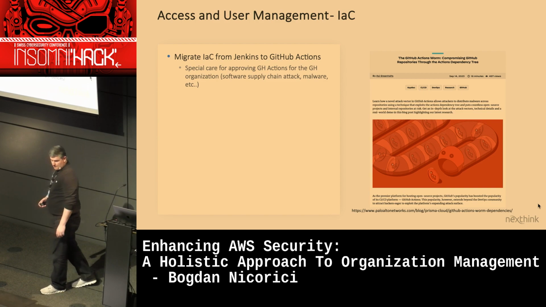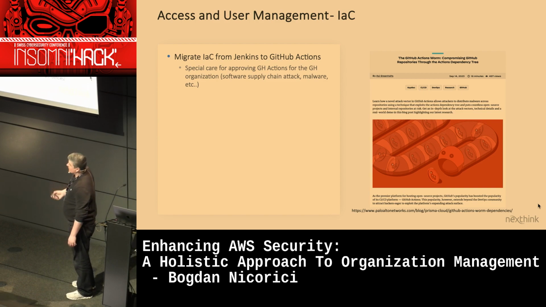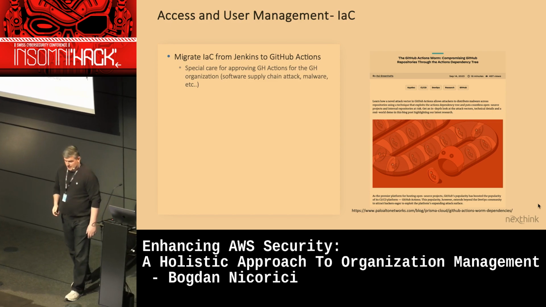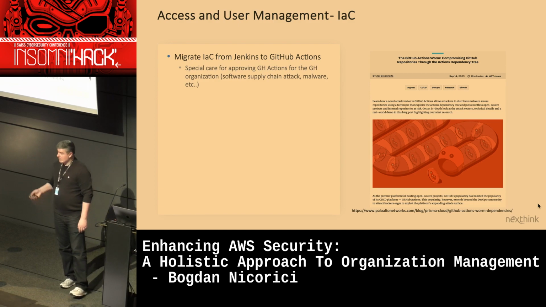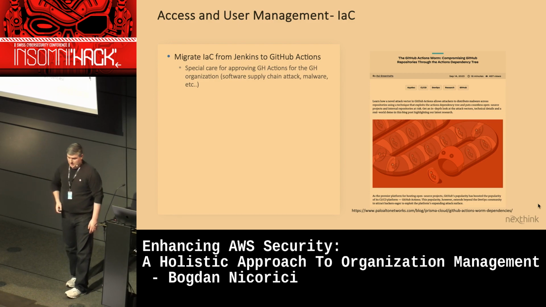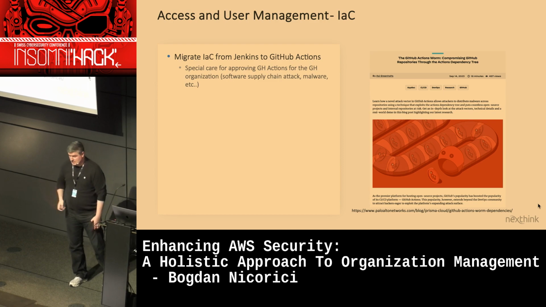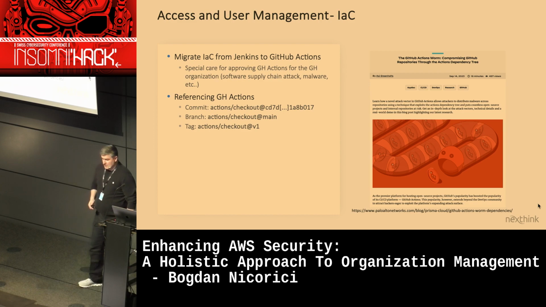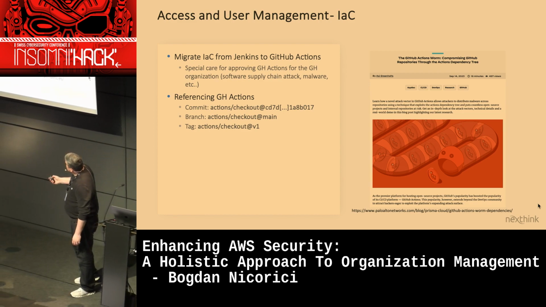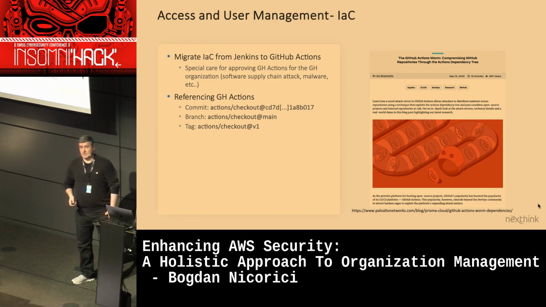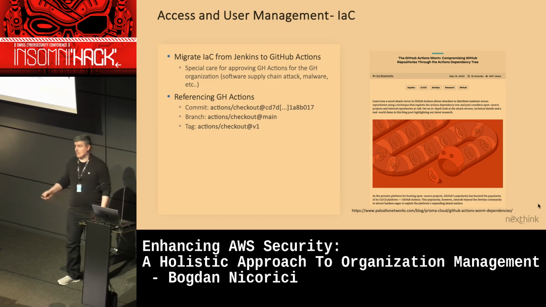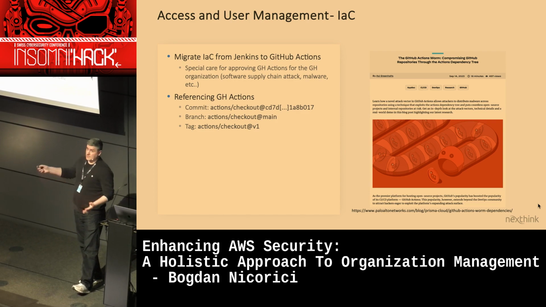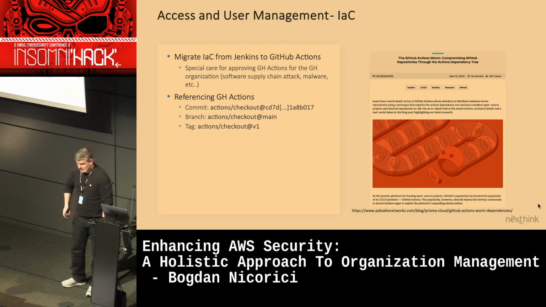For infrastructure as code, we are trying to migrate to GitHub Actions because they're way easier to use. Again, we don't use IAM keys anymore because you use the OIDC integration of GitHub, but you do have some challenges in using GitHub Actions as well. You can go to this blog post, which explains a bit how it can be used maliciously. There are multiple ways to reference GitHub Actions, and I strongly encourage you to use the hash. But that brings complexity: if you have 1,500 repositories where you have this action, when you need to update it, you have to go through 1,500 repositories and make an update.